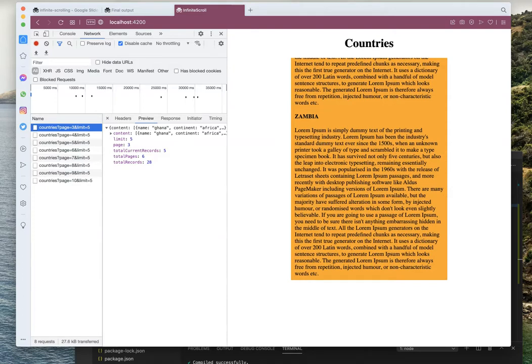In order to avoid it, we have to check if the total pages is greater than current page. If the total pages is greater than current page, that means we still have to fetch records from the API. If the total pages is not greater than the current page, that means we have reached the end of the page.